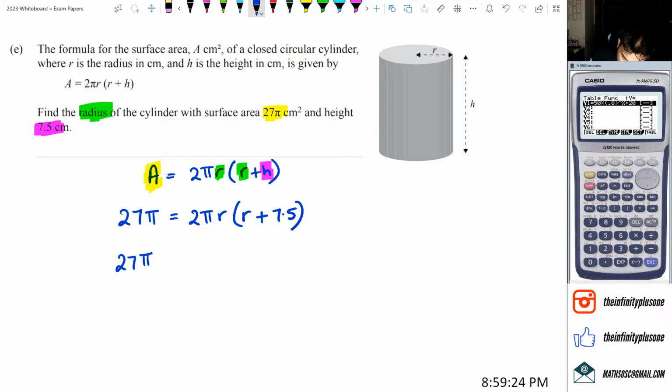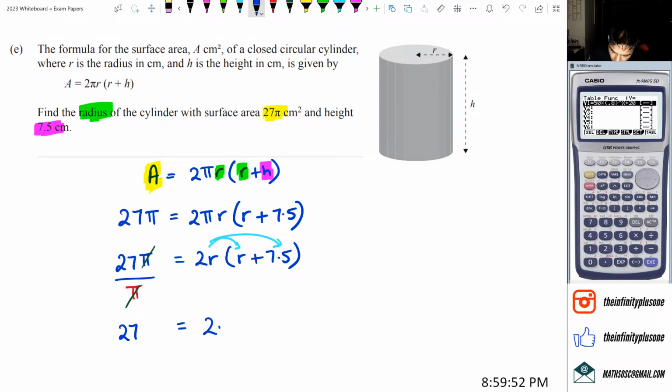Well, we've got 27 pi equals, move just that pi to the denominator here, which means you're dividing by pi, and you've still got everything left there, which is 2r times r plus 7.5. Now, at this point, your 2 pi's are going to cancel each other out, and you're going to get 27 equals this little thing. But what I'm going to do is expand the brackets. So 2r times r is 2r squared, 2r times 7.5 is 15r, and what I end up with is a lovely quadratic equation, which is 2r squared plus 15r